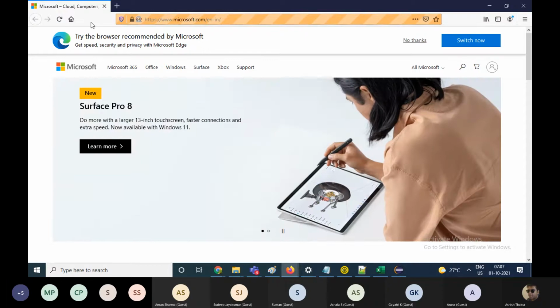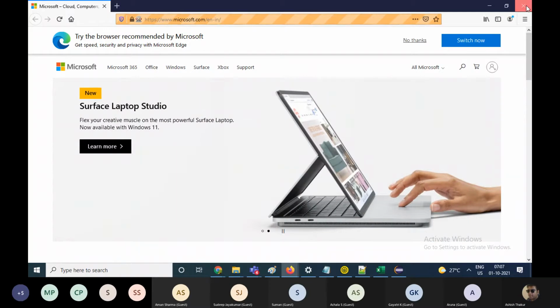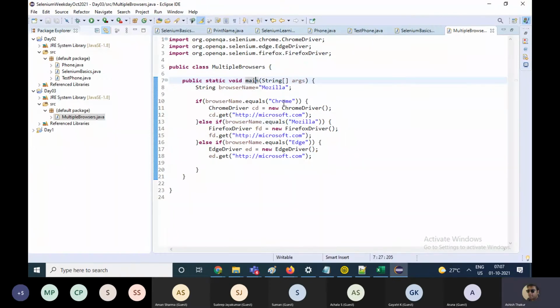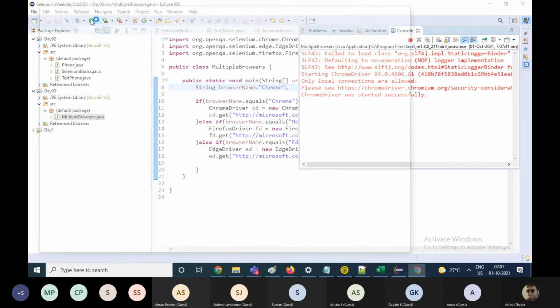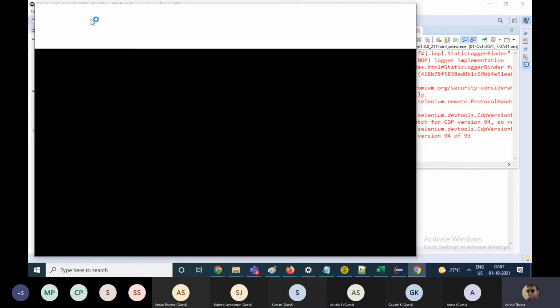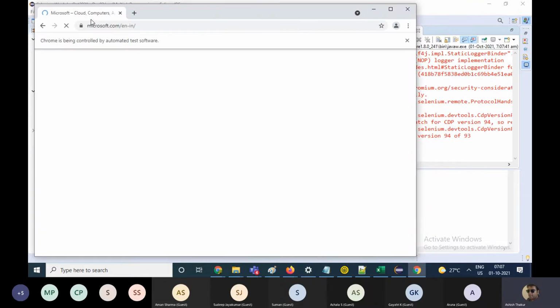Fine. And if I change this to Chrome, this is going to launch Chrome and will take Chrome to the Microsoft website. That is fine, that is good.